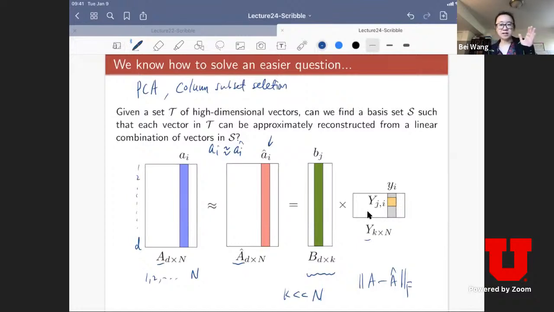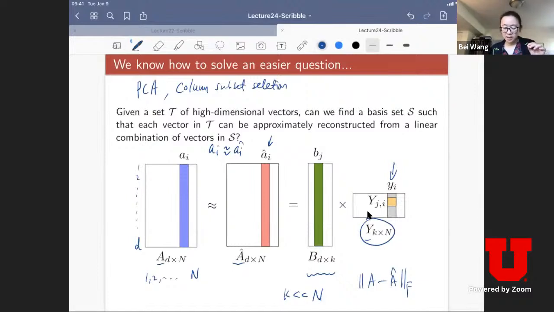This is a classic setting of PCA, actually. What happens in PCA is people end up treating the Y matrix as the reduced representation: each column of the Y matrix is a reduced dimension version of the original data point. The original data point is of dimension d. Now the projected dimension is k, for example k equal to 2. That means you're projecting all the points into a 2-dimensional space. But what it boils down to